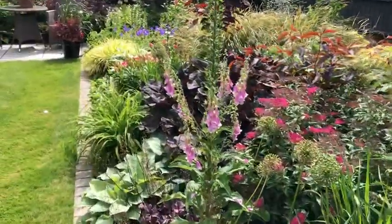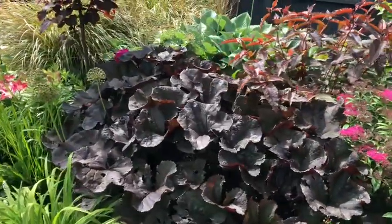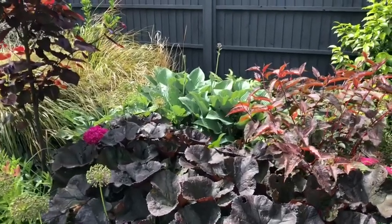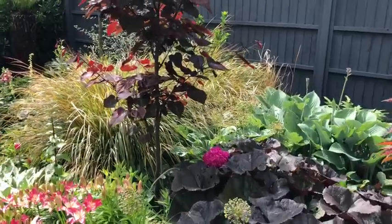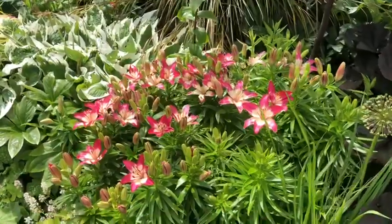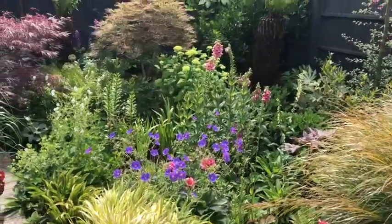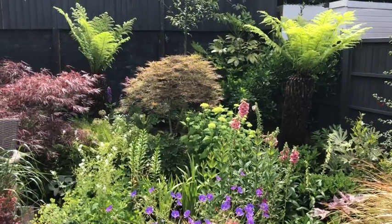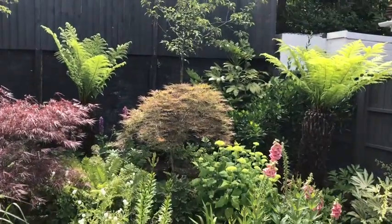And moving up the border here, purple foliage is Ligularia Britt-Marie Crawford, and the hostas over the back are Krossa Regal, and the blue hostas will provide a little bit more slug protection, but not completely, they still get nibbled occasionally. More lilies coming into flower here, and then in the back the pink foxgloves are the strawberry foxgloves. We've got a Hydrangea paniculata just behind that, two more tree ferns,